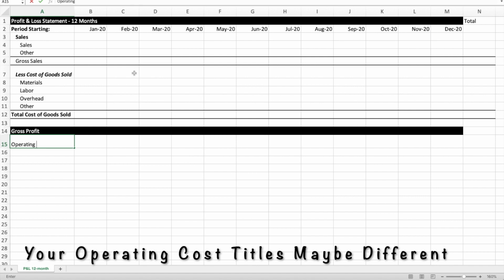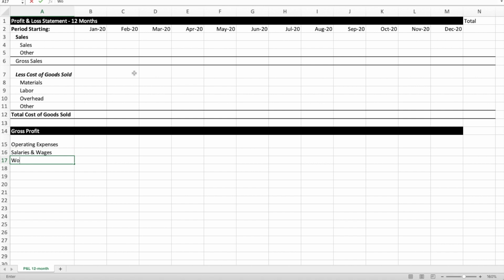Now we're at the lower portion of our spreadsheet, and we are going to type in operating expenses: salary and wages, workman's comp, payroll taxes, maintenance, general liability insurance, licenses, telephone, office supplies, advertisement, accountant, training and development,